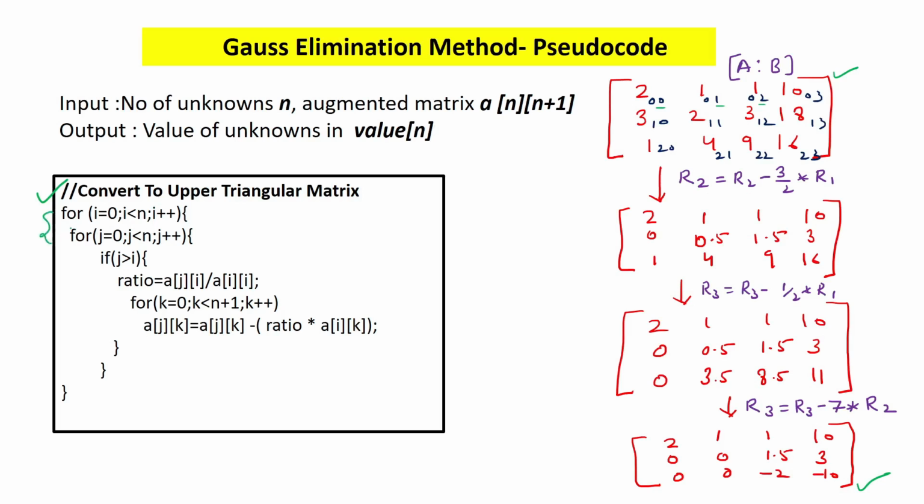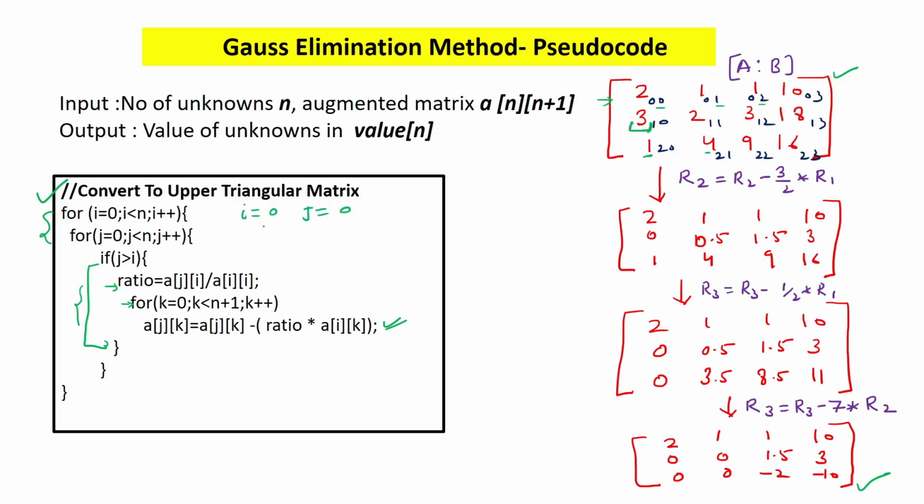So in this code, I have taken 2 for loops, as I have to traverse this given matrix. Now inside this I have used an if, and inside this if I find the ratio, and then inside this inner for loop I am repeatedly doing this thing. And this if is saying only when j is greater than i, then only all these operations we have to implement. So as we know, we have to convert this 3 to 0, then this 1 to 0 and this 4 to 0. So first let's see how we can convert this 3 into 0.